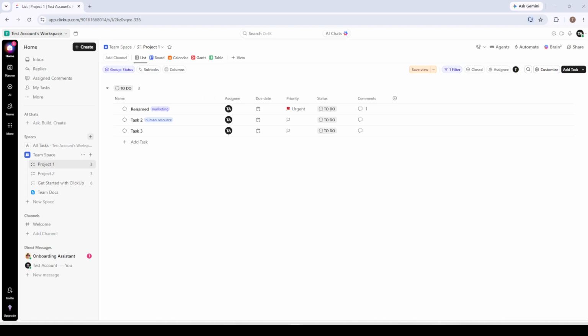One best practice worth mentioning: resist the temptation to create a tag for every possible situation. The real power of ClickUp tags comes from combining them with filters. Once your tags are set up, you can filter any view, list, board, calendar, whatever you prefer, to show only tasks with a specific tag. That's where the system pays off. A focused, well-maintained set of 10 to 15 tags will serve you far better than a bloated library of 50